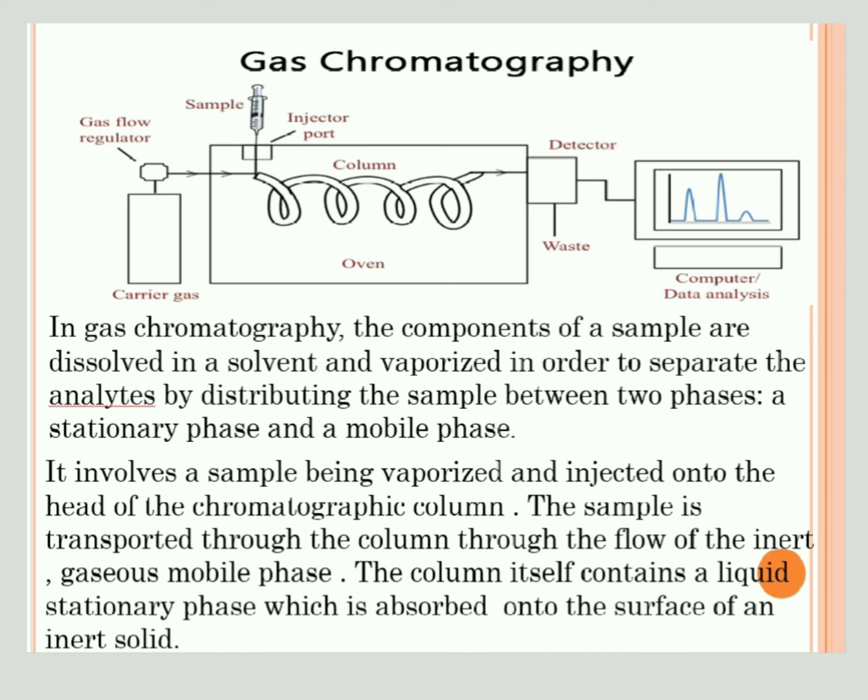The carrier gases which we can use are hydrogen, helium, and nitrogen. Hydrogen has better thermal conductivity, and the disadvantage of hydrogen is that it reacts with unsaturated compounds and it is inflammable. Helium is an excellent carrier gas. It has small conductivity and it is expensive. Nitrogen has reduced sensitivity. It is less expensive, not that much expensive.